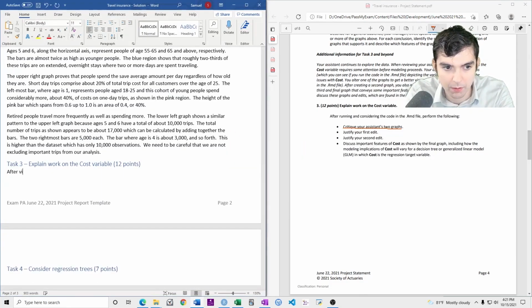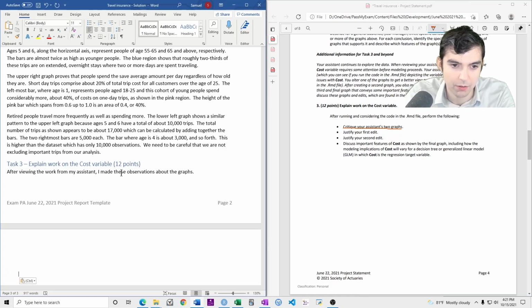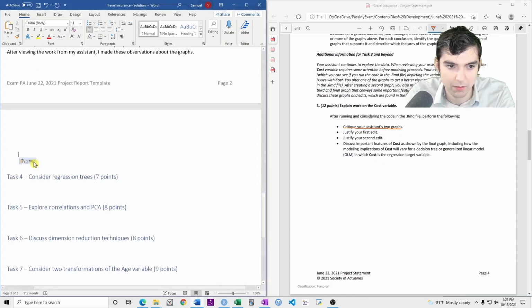After viewing the work from my assistant, I made these observations about the graphs. You don't have to say that exactly, just say something like that. After looking at the graphs, these are my comments.